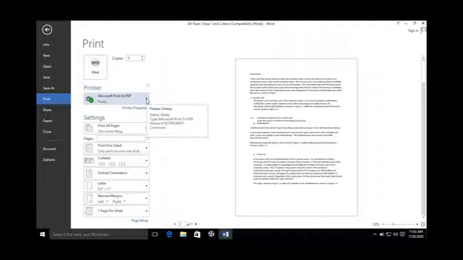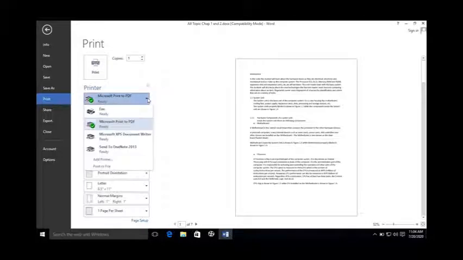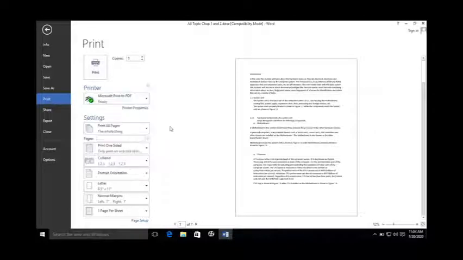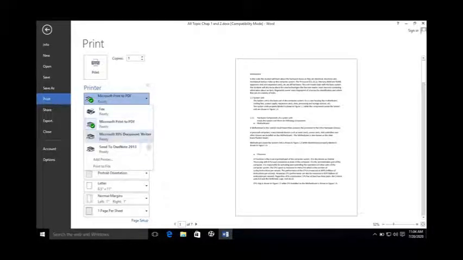Whenever we connect a printer with our computer and install the driver of that printer, those printers are automatically listed over here, and we can select those printers from here. Further, you can add printers for printing. When we install the printer, normally Microsoft Word automatically detects that printer and it is listed over here.